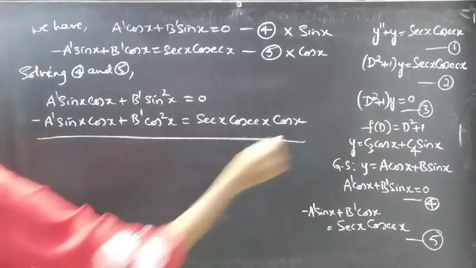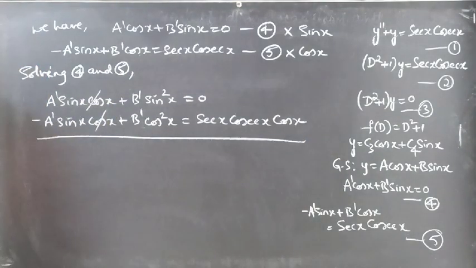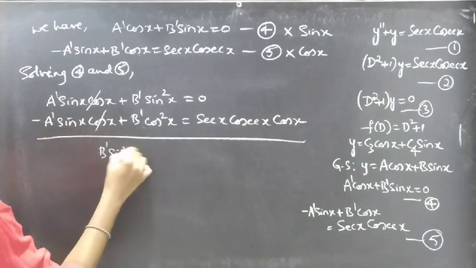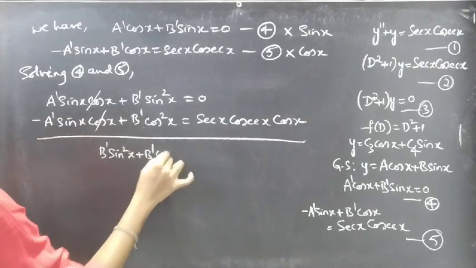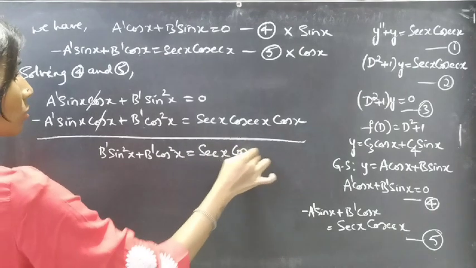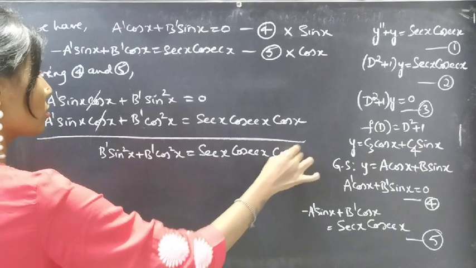This gives us, here plus a dash sin x cos x and minus a dash sin x cos x get cancelled, and we'll get b dash sin square x plus b dash cos square x equal to secant x cosecant x cos x,